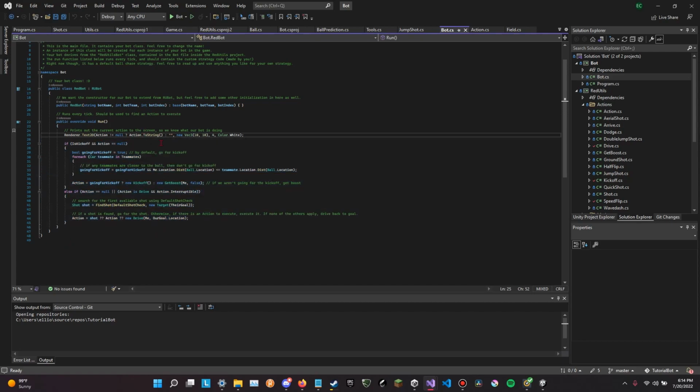So first, let's change the name of our bot in our code as well. You can see the name of this class, our RedUtilities bot class, is still RedBot. This doesn't really do anything, but just to be consistent, we can name it TutorialBot. Anyways,